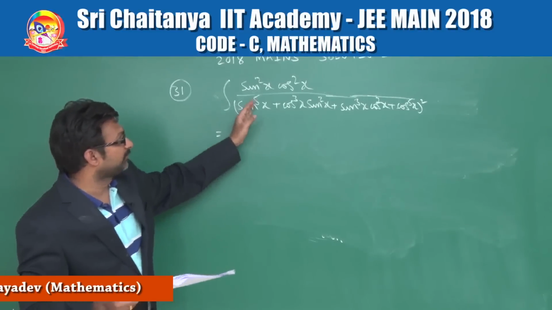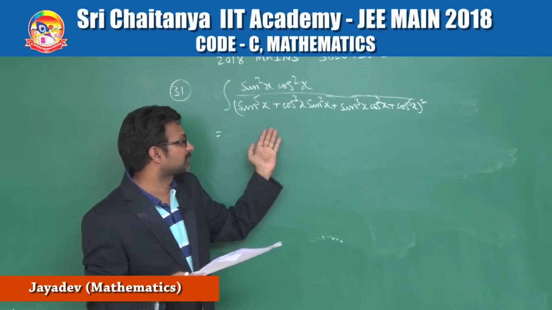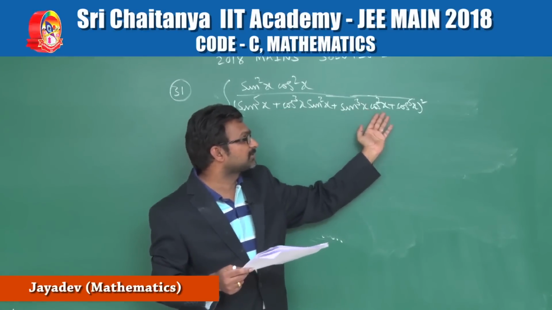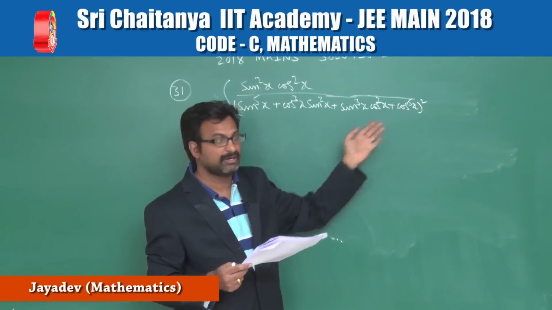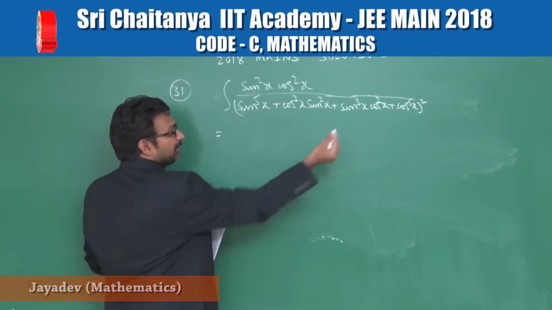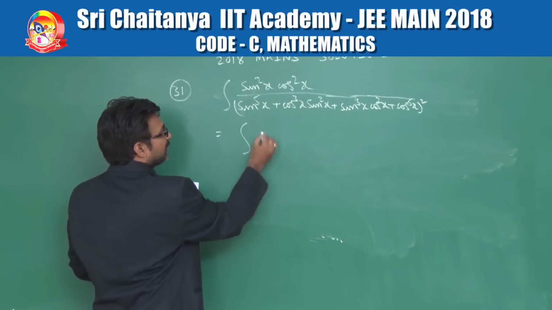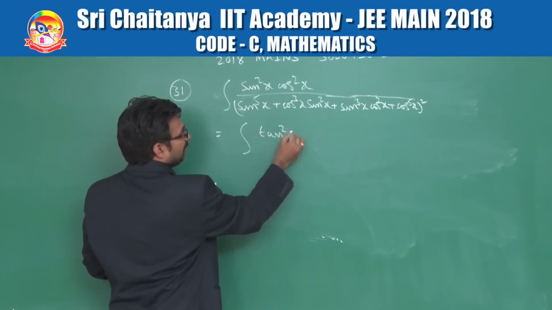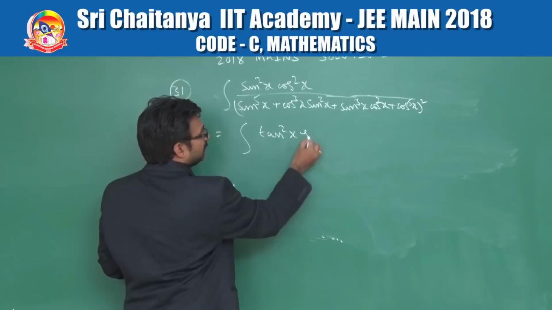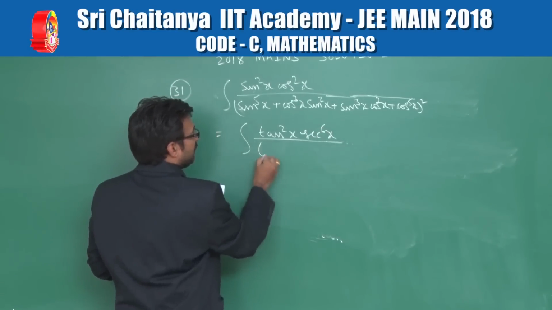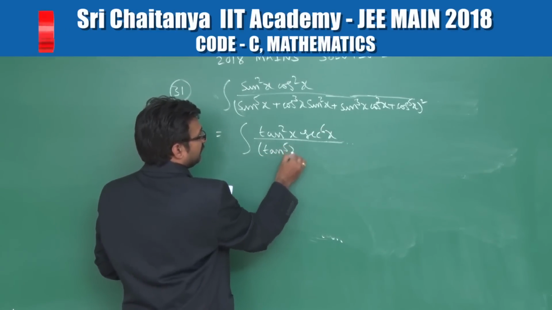Let us see question number 31. Integration of sin square x cos square x by (sin power 5x plus cos cube x sin square x plus sin cube x cos square x plus cos power 5x) whole square. So let us take cos power 5x common from the denominator. Hence the problem will become integration of tan square x into secant power 6x divided by (tan power 5x plus